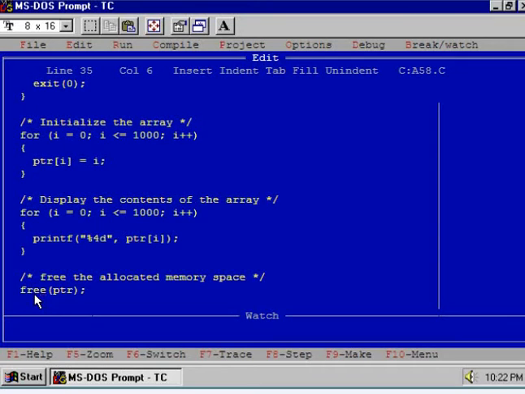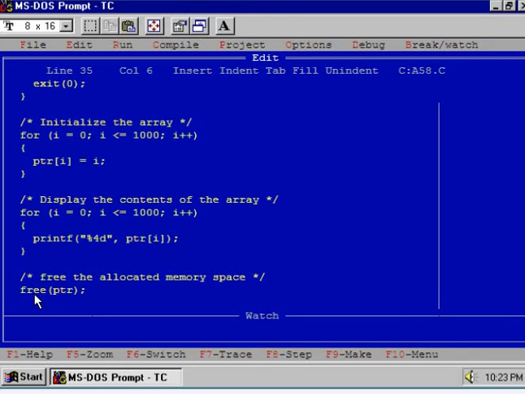Malloc means just allocate the number of bytes, and calloc means allocate the number of data items of a specific size. So we have allocated 1001 data items of integer type. But while doing so, calloc will initialize all the data to 0. That is the advantage of calloc.